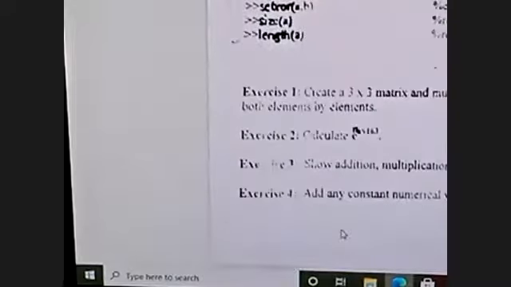Then I want to show you some functions. LINSPACE, linspace of 1:2, 2:5. Sorry, one second.